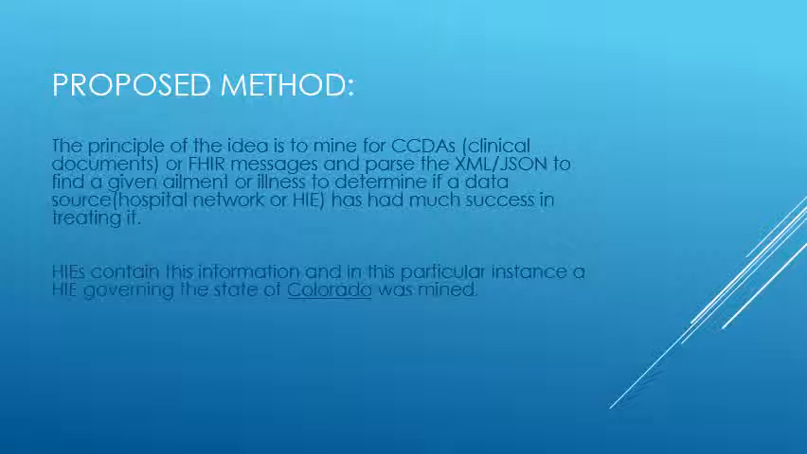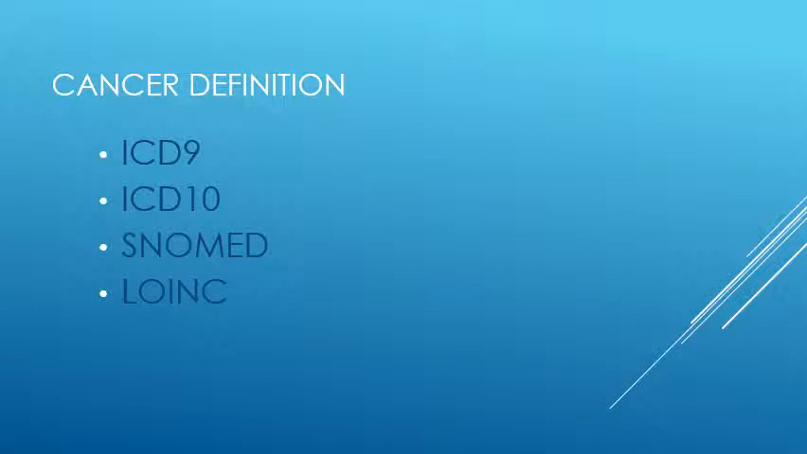But basically, the way that I wrote it, it'll handle either CCDs or FHIR messages, and it'll determine if there's an instance of that, and then it'll write out to a flat file to be processed later. So defining cancer was done by going through ICD-9, ICD-10, SNOMED, and LOINC, which all provide